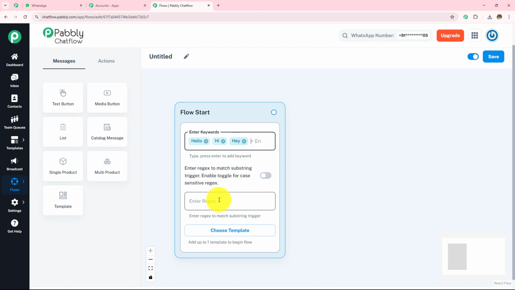Then next we have regex. Regex is like a smart search tool that helps the chatbot identify patterns in user messages. So instead of manually listing out every possible keyword, you can define rules to match different variations of words or phrases. If you only enter keywords like hi, hey and hello, the bot will respond only when those exact words are typed. If we use regex, we can create a rule like, here as you can see